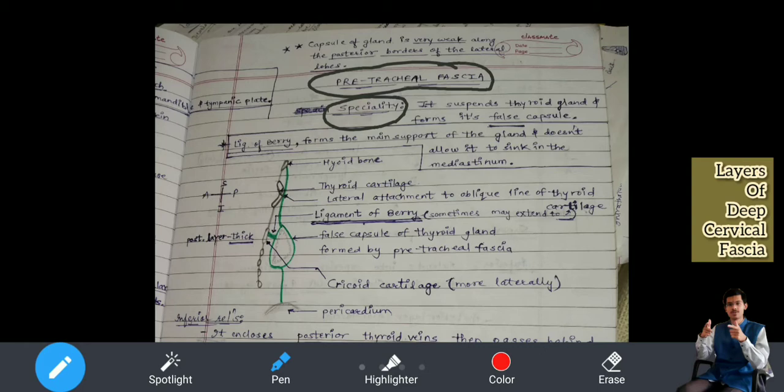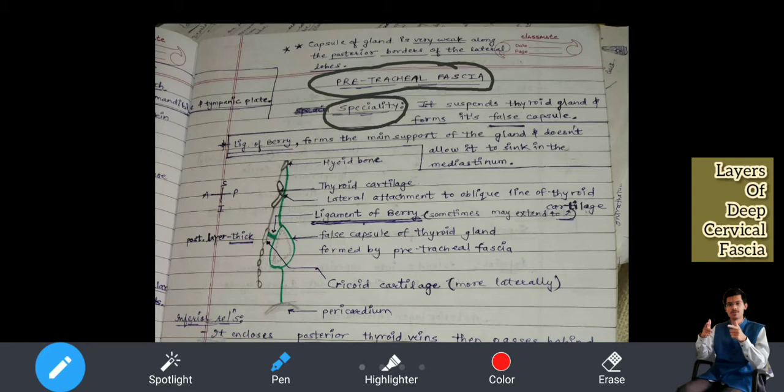Now this deep cervical fascia we are learning since yesterday. If you notice, there are 6 layers, and each layer has a certain function. Yesterday we discussed in great detail the investing layer of the deep cervical fascia. We saw the applied anatomy. What is its role? It forms many ligaments, and it encapsulates or covers many muscles, etc. We saw its role. Similarly today we will see what is the role of the pretracheal fascia.